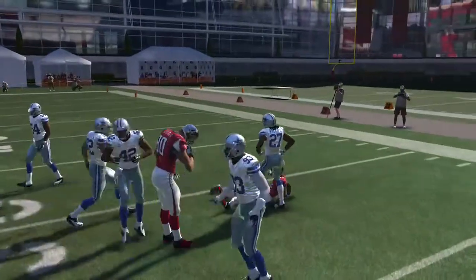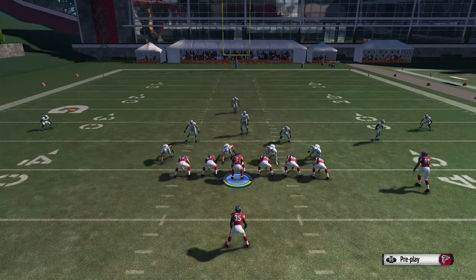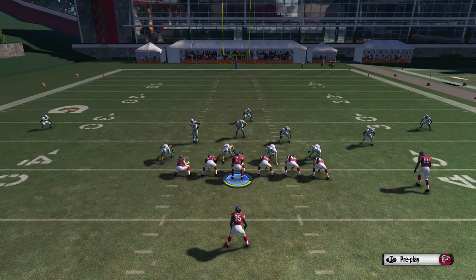So that's your part 2 of the scheme of the single back Y trips. Hope you enjoyed it. We'll come back with part 3. I think there's 3 parts to this, and